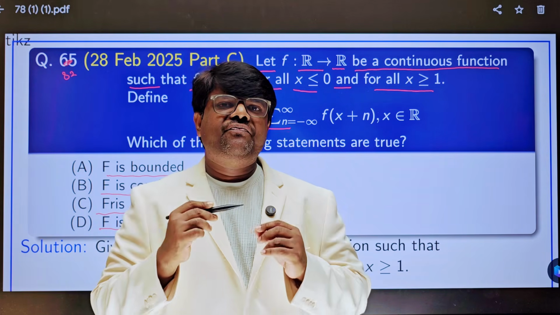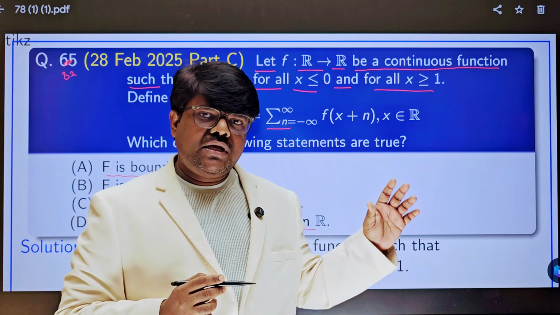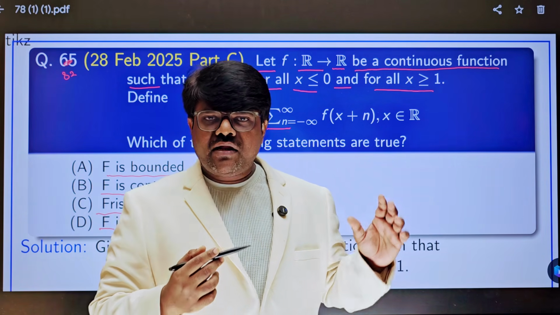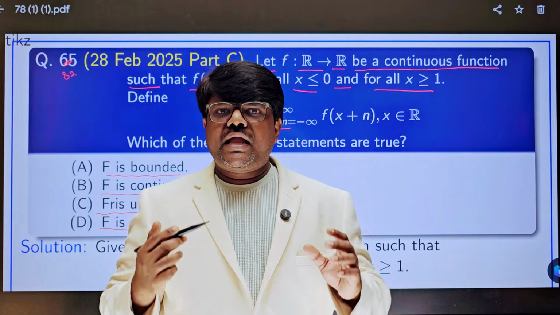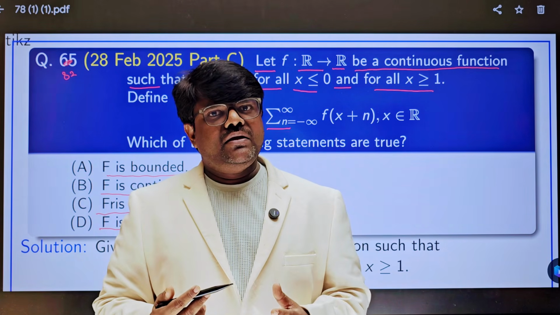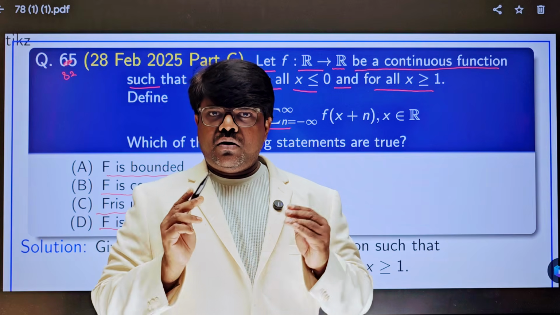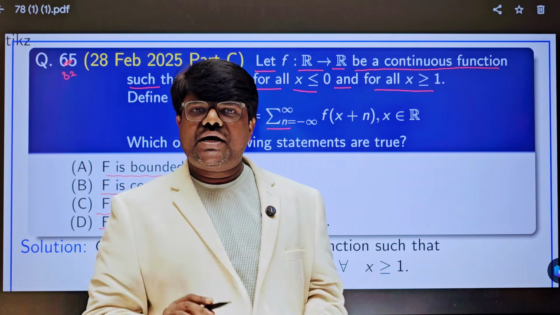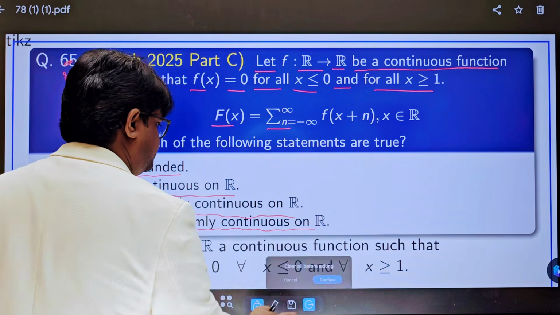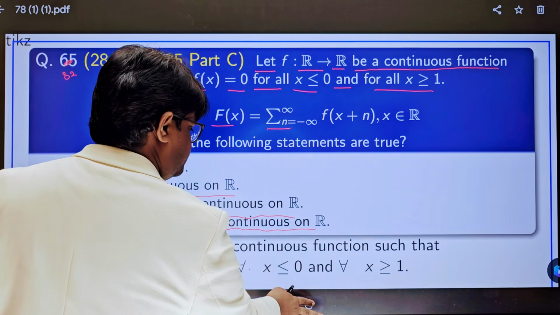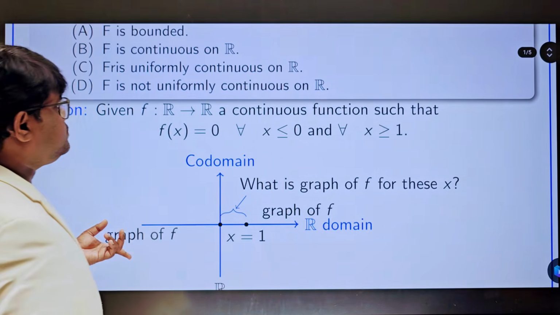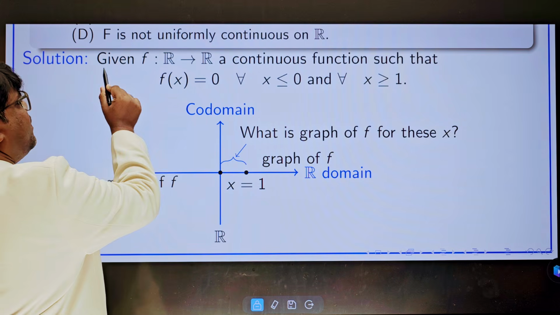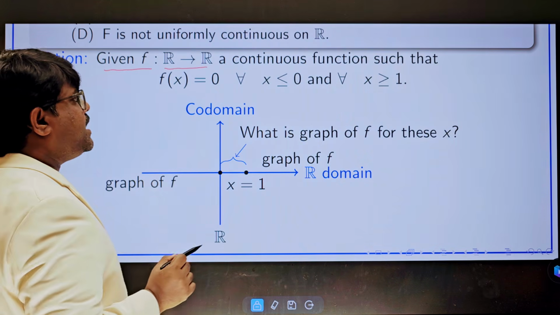The trick is very simple. Using whatever information is given for small f, use that information and construct capital F of x. Then you can easily solve this problem. Now step 1: whatever is given in the question, just write it. Given f is a function from R to R, be a continuous function